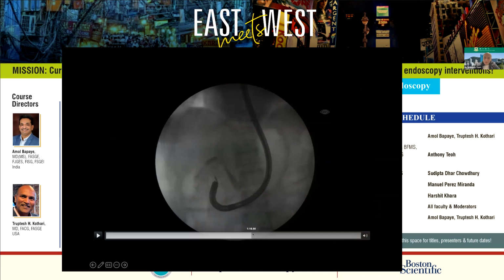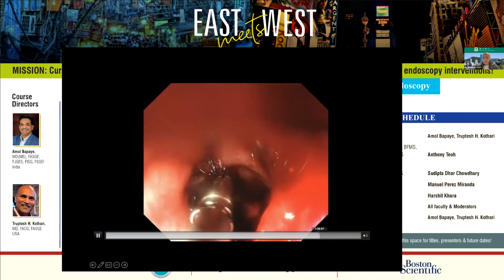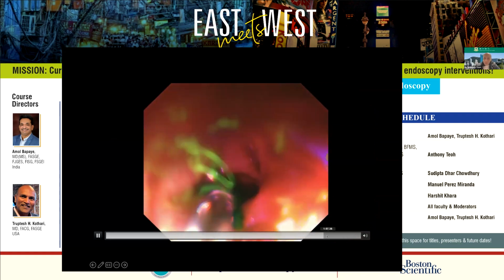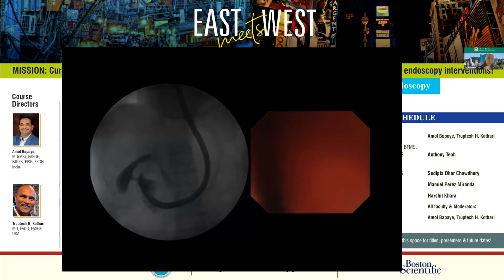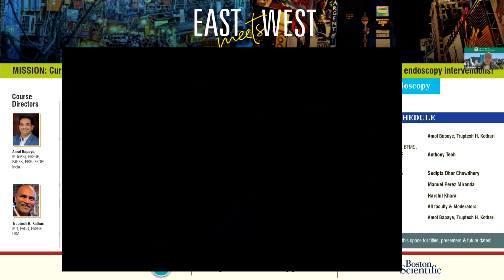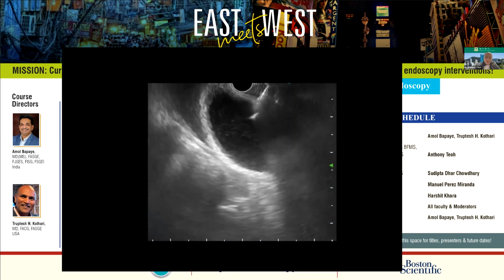So for this patient, you can see contrast leak right there. So luckily, I was able to place clips in the hole to close the defect completely. And finally, contrast injection showed no more leak. So again, this tells us that these newly formed anastomoses are very fragile. So you need to take care of it.